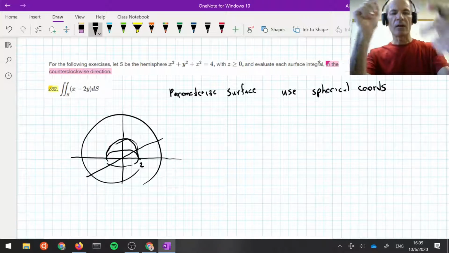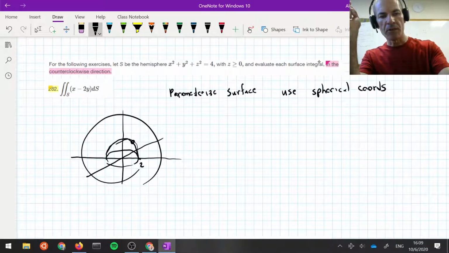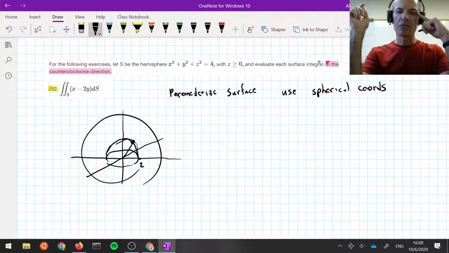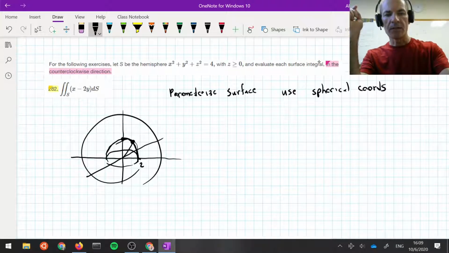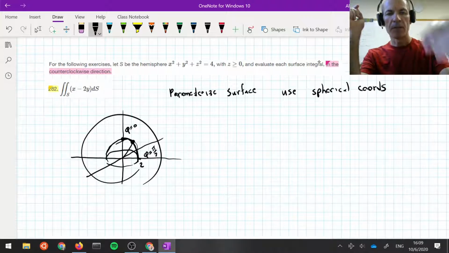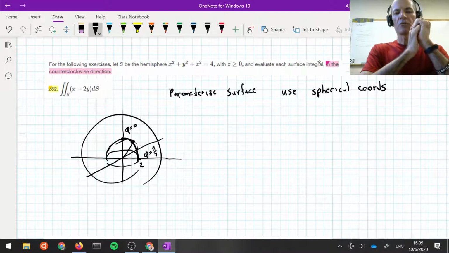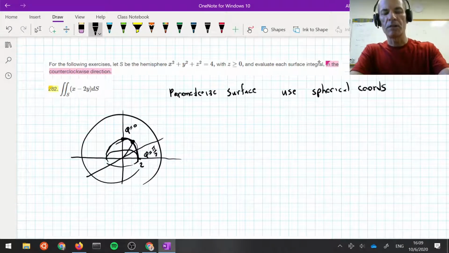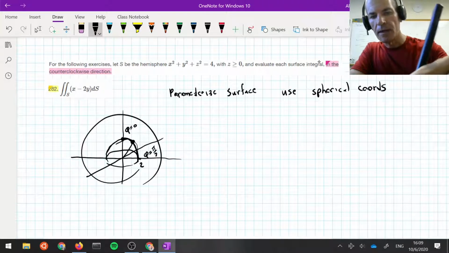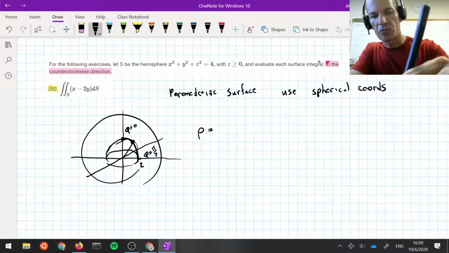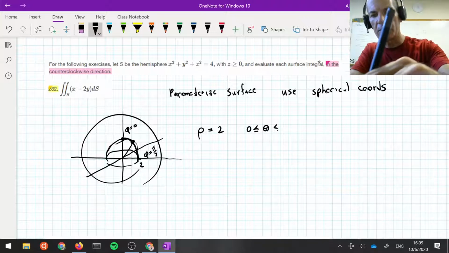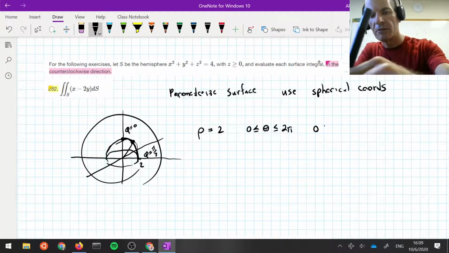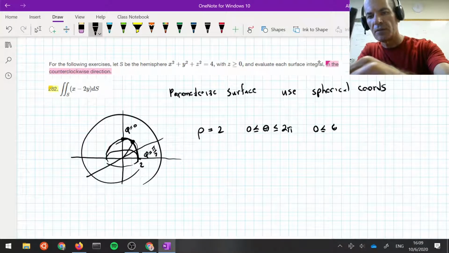And what's phi? What are the possible angles that a point on the hemisphere will make with the z-axis? Well, they can go from 0 all the way down to pi over 2. Phi equals 0 down to phi equals pi over 2. So the spherical coordinate transformations are ideal for describing this piece of a sphere. We have in spherical coordinates, rho is equal to 2, theta is greater than or equal to 0 and less than or equal to 2 pi, and phi is between 0 and pi